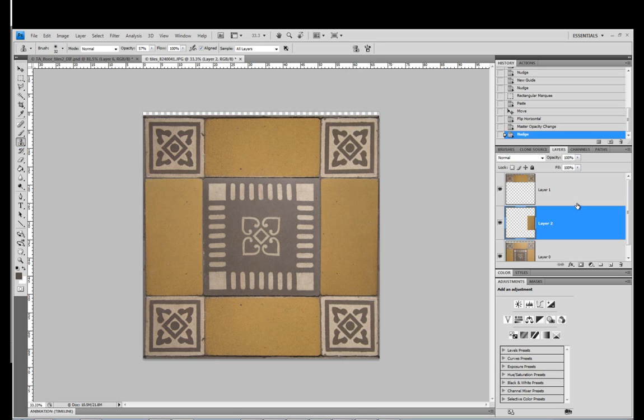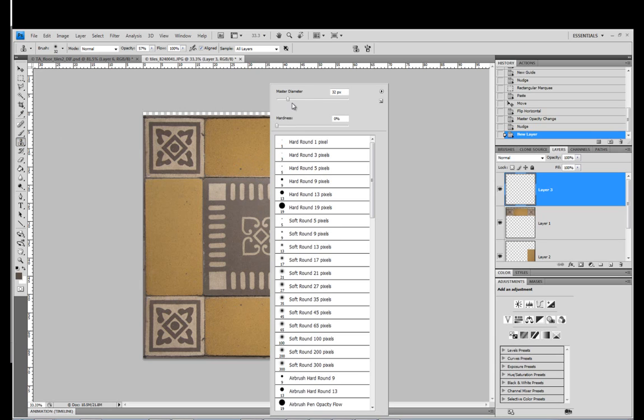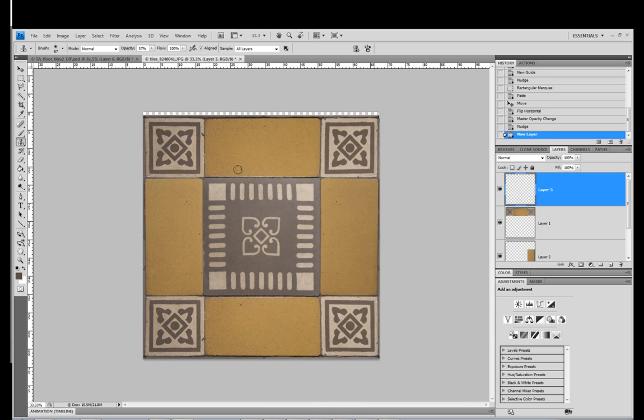So one little thing let's do, let's now make a new layer here. We've got all these panels right except for the centre one, but we know that there's some repetition on these panels with these little black dots here, so I'm going to use my clone stamp. I'm going to make my brush a bit bigger. I'm just going to make sure I'm on full opacity, and then if you hold Alt and click where you want to copy, so I'm going to copy that bit there, let's say,